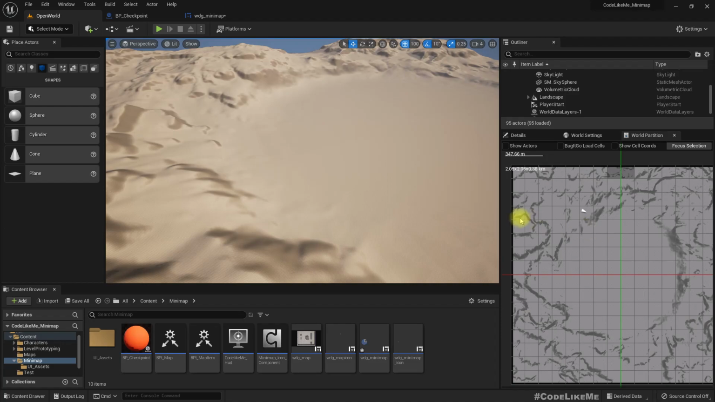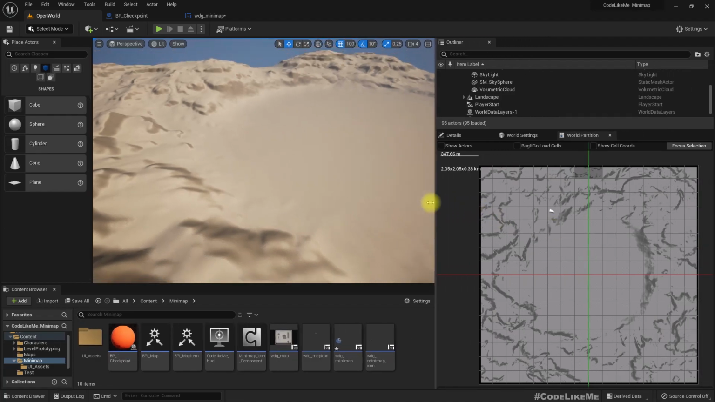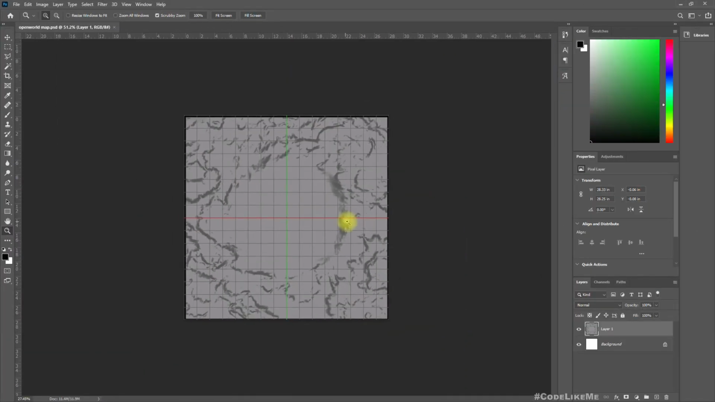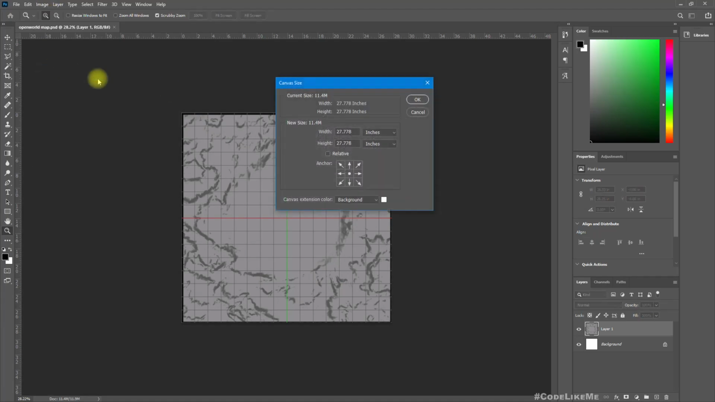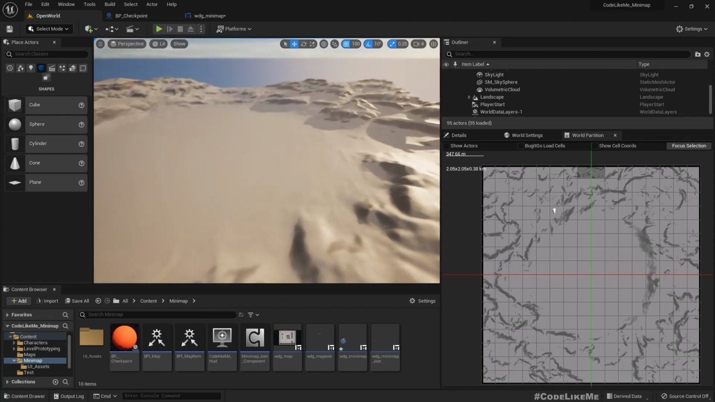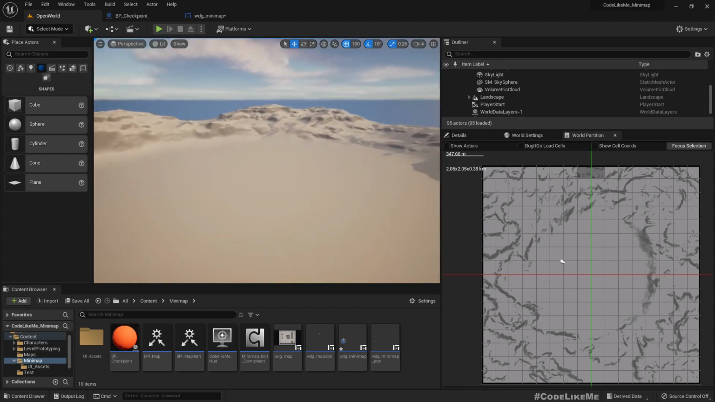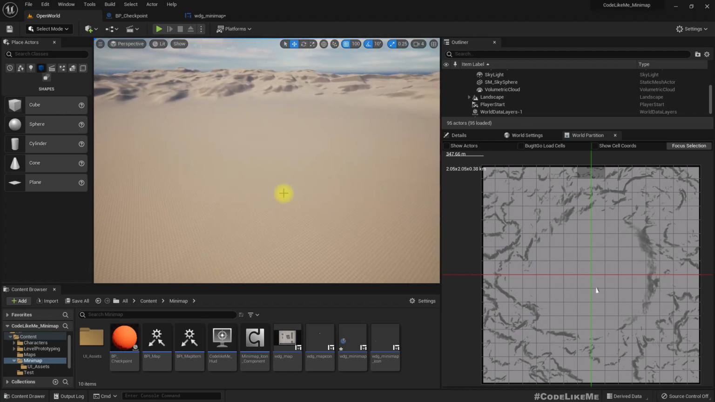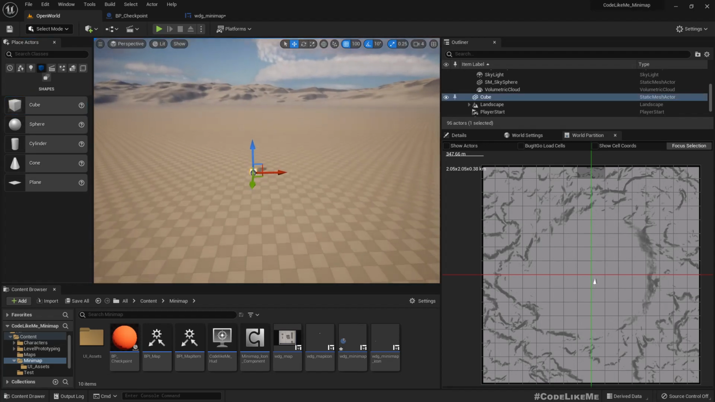Okay, so I have taken a screenshot of this image and created a texture in Photoshop. So this is in the size of 2000 by 2000 pixels. The reason I selected 2000 by 2000 is because that matches the dimensions of this open world. Not 2000, 200,000 actually. So to test that, let me place a cube here